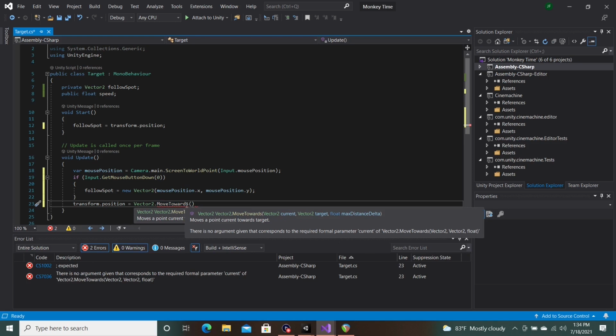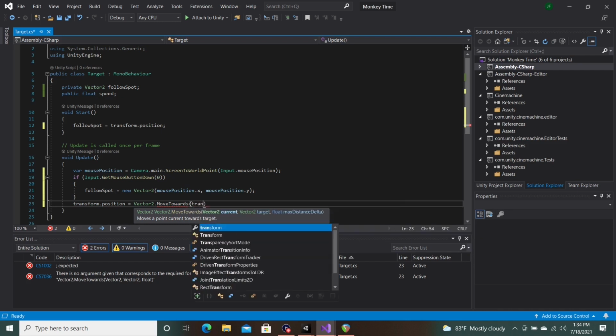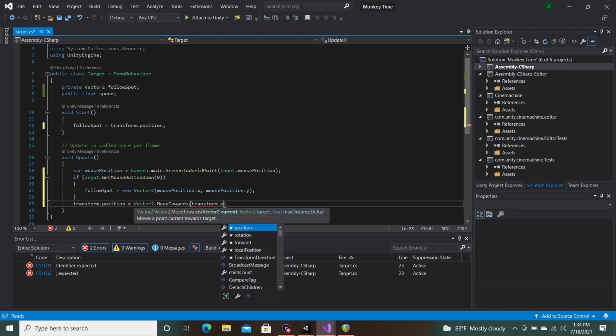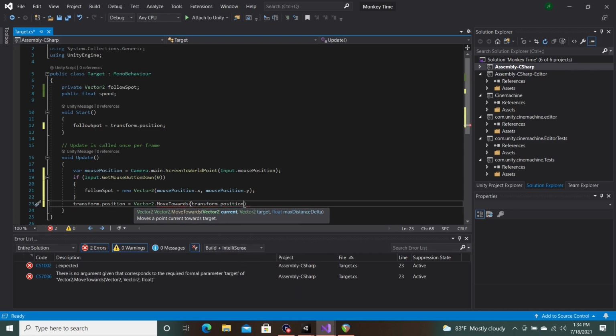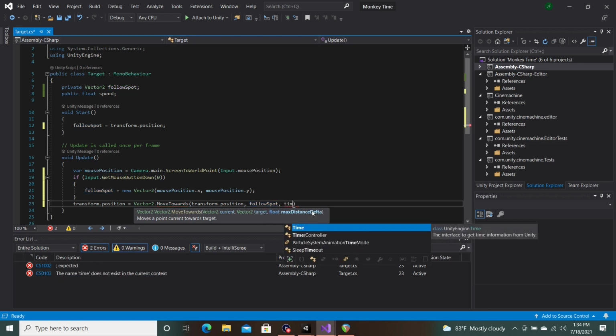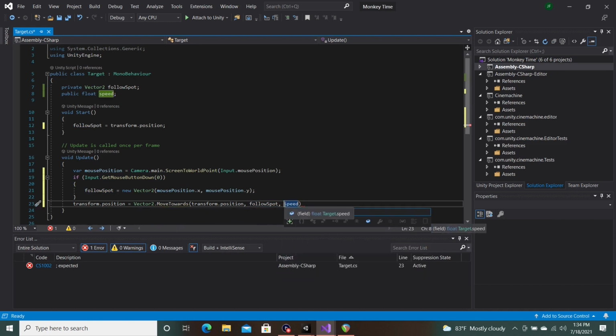Vector2 positions: where you're currently at, and where the player is currently at will always be their transform.position. It wants the target spot where we want the thing to move towards, which we have already made our follow spot. And this float that it wants at the end is where we obviously put in our speed variable, but